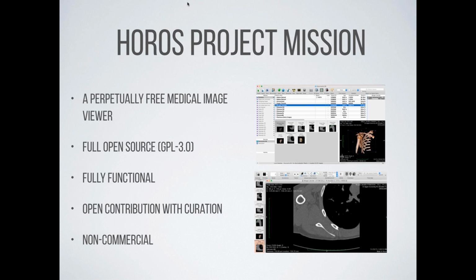There's ways for all of you to contribute to the Horos project, but make sure that we have a curator. We have somebody paying attention to those requests and those contributions and managing the priority of those. And I think most importantly, maintaining a non-commercial entity to oversee Horos is critically important. It keeps the hands of commercial entities off of the development of Horos, or keeps it at arm's length, I should say, and ensures its survivability in the future.